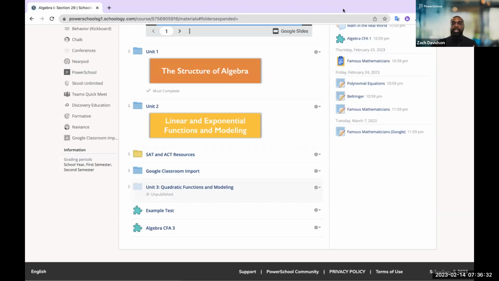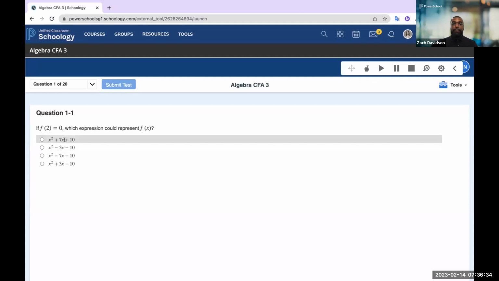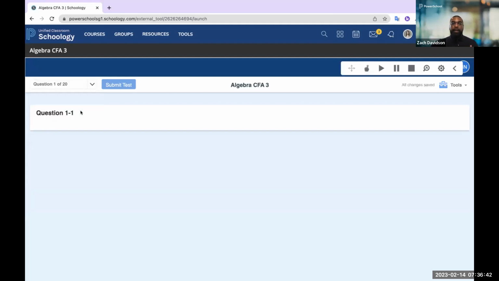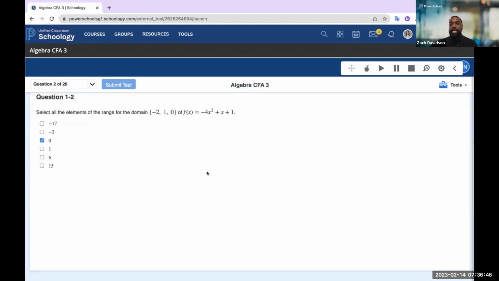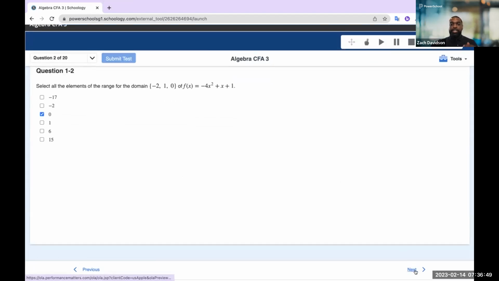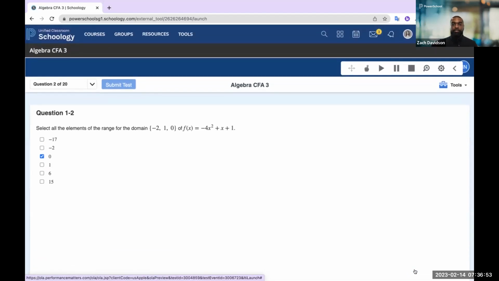When I click on that here, you'll notice that the assessment populates. And the student, or in this example, I'm going through as previewing it as a teacher, but the student would have the same functionality, where they can go through this example here, question by question, and actually work through the entire assessment without leaving the Schoology platform at all. And so that single sign-on experience is going to be present for teachers and students alike.